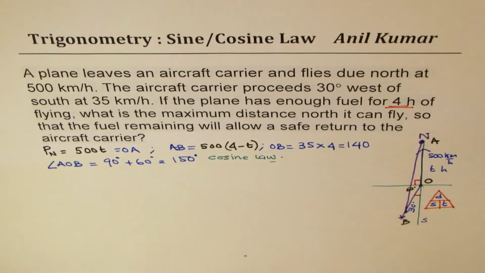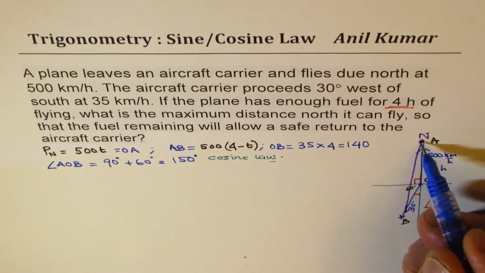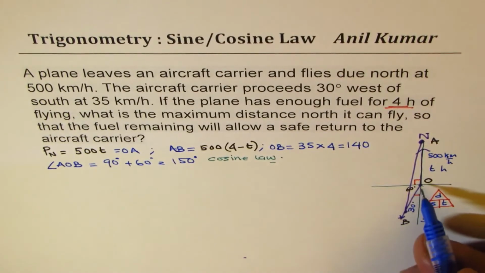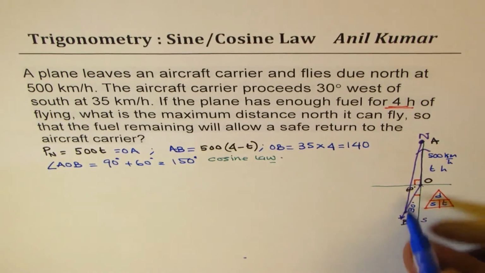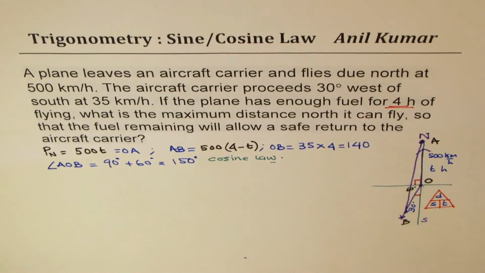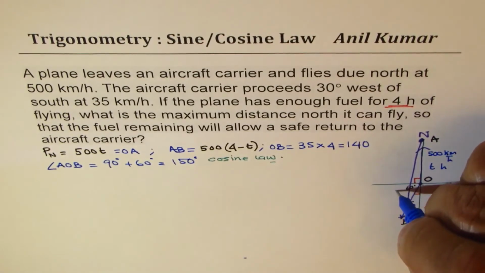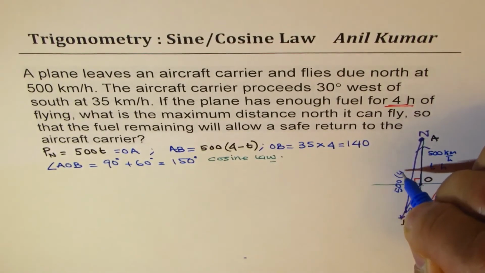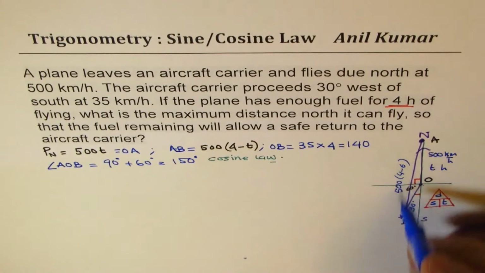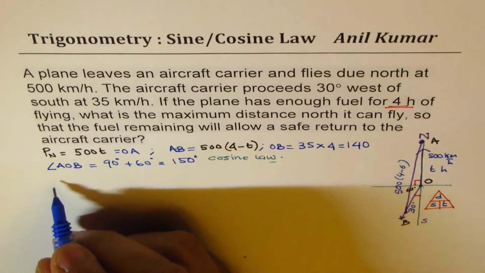Perfect. So the relation is that this longer side, which is opposite to the given angle, AB square, which in our case is 500. So let me write down here. This side here is 500 times 4 minus t, right? So that side square, let's write down